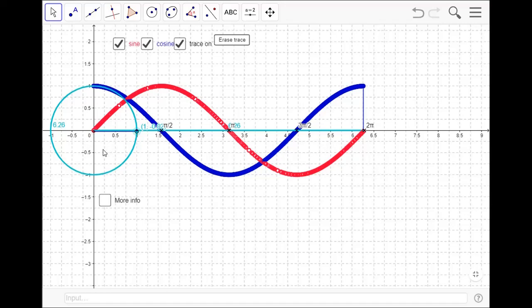This is the graph of the function even when the angle is negative. In the clockwise direction, if you rotate, the angle is negative. When the angle is negative, the sine function is also defined, the cos function is also defined. It is possible to draw the graph of the function.